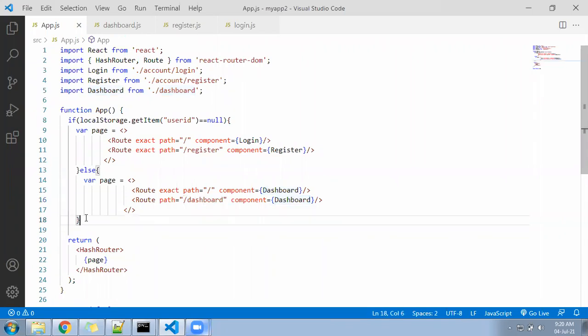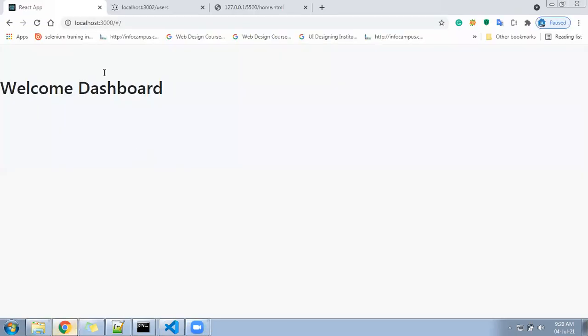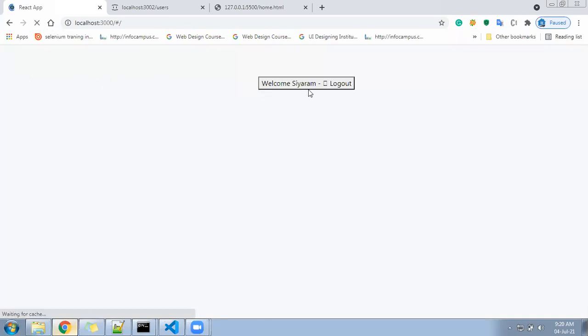Dashboard component with the logout button is coming. The logout button is coming in the center, right? That is not a problem. We can align it. Welcome, your name, and logout, it's going to look like this. That we can organize according to our need.